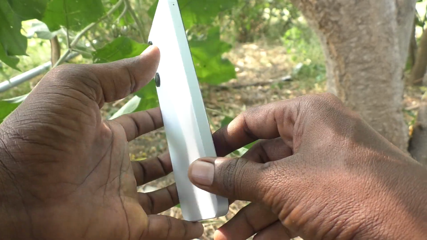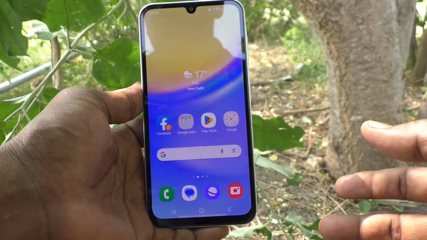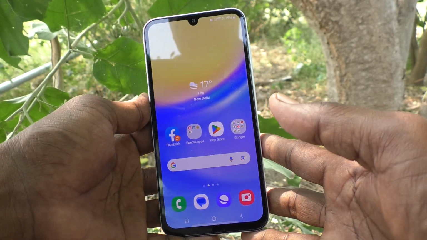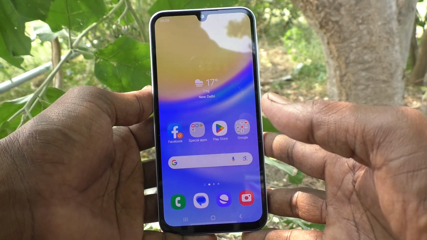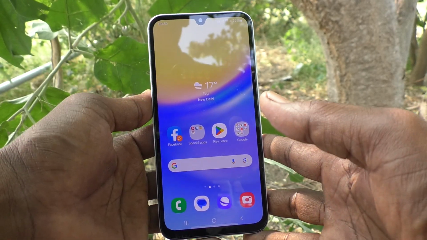Here is Samsung Galaxy A15 5G smartphone. In this video you will learn whether quick ball is available or not in your phone Samsung Galaxy A15 5G. First understand what is quick ball. Quick ball is a special feature, and